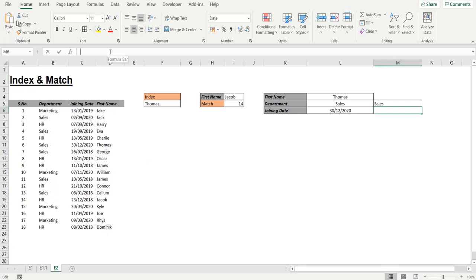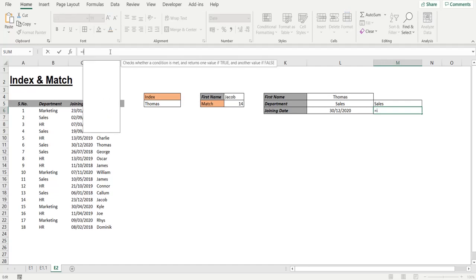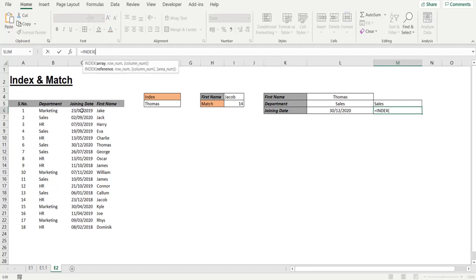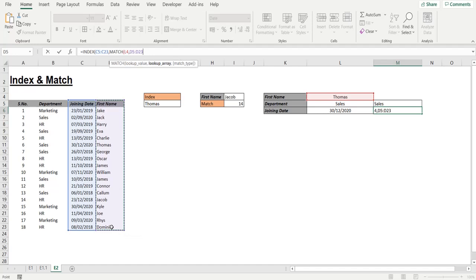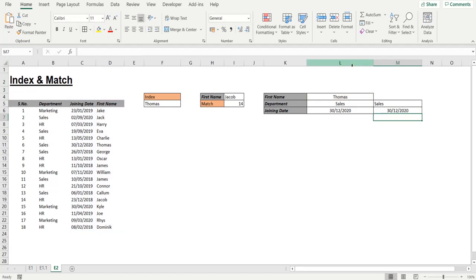And if we use the same function for getting the joining date, again we will use the joining date range, and then for the row number we will use the MATCH function: lookup value, then select the same column where our lookup value exists, comma, exact match, bracket close, again bracket close, enter, and we get the joining date. If we change the name here to Jack, both of the values will be reflected as Jack has the